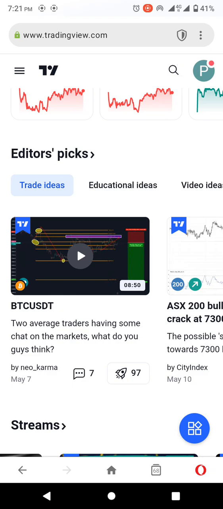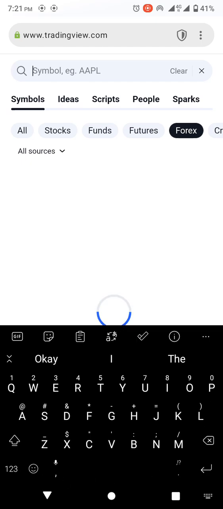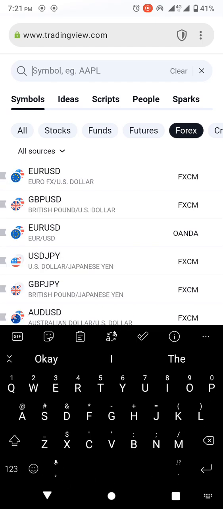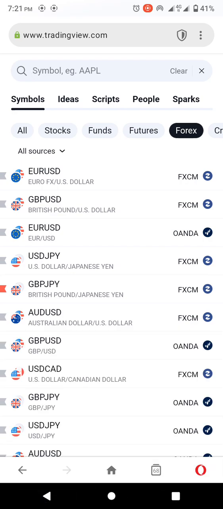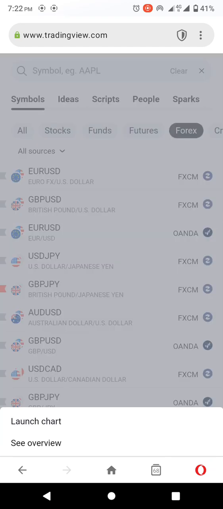www.tradingview.com. Then we must search the currencies that maybe you want to trade. Well, I want to teach you about currencies, the pairs. The pair is Euro USD. So Euro is the base currency and USD is the quote currency. So in the Euro currency, they are maybe buying or selling USD. So let's go to the Euro USD and find